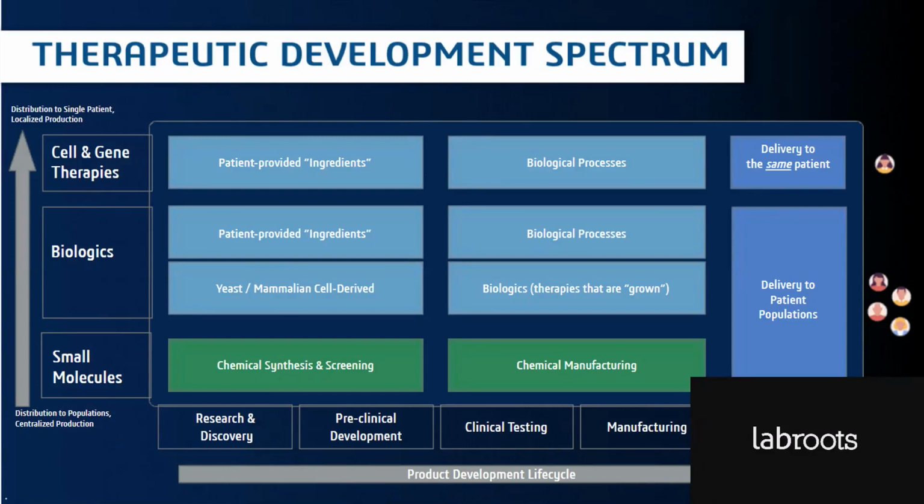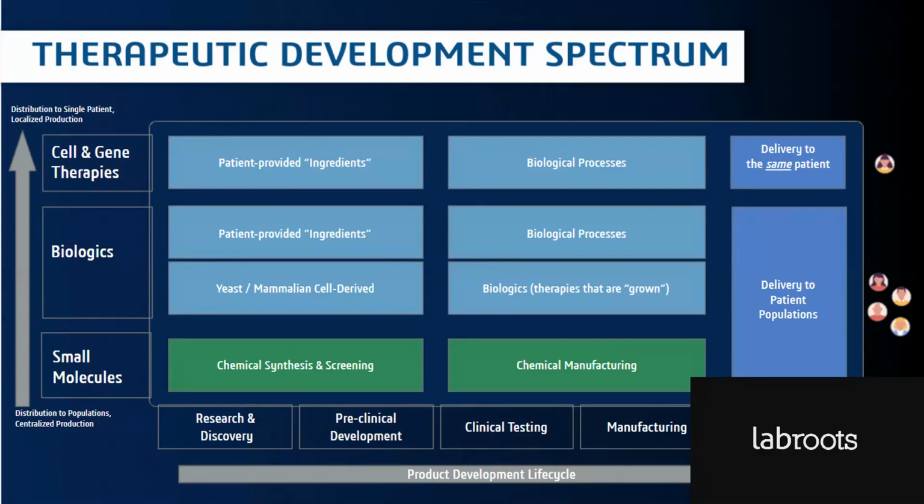So we've talked about the scientists. Now let's talk about what's going on across the organization in these different spaces. If we look at the therapeutic development spectrum, we can see the different types of activities that occur in each product stream as a new therapy moves to market. On this slide, the horizontal x-axis is the product development life cycle, as something moves from early stage research and discovery into preclinical development, and then through clinical testing and manufacturing